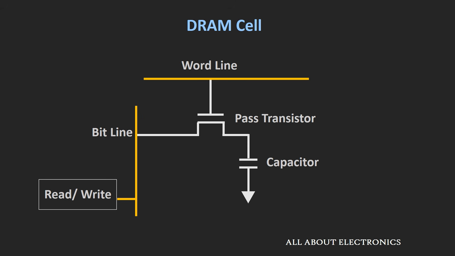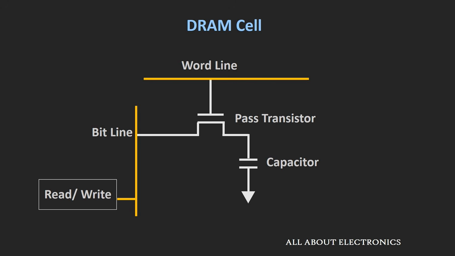One bit of the DRAM cell consists of one transistor and one capacitor. In a DRAM cell, the memory bits are stored in the form of charge across the capacitor. By charging and discharging the capacitor, we can know whether the bit stored inside the capacitor is logic 1 or logic 0. We can access this capacitor by using this pass transistor. When the pass transistor is turned on, we can read the capacitor data or write onto the capacitor. And when the pass transistor is off, the charge across the capacitor should remain as it is. In the ideal case, this capacitor should not lose its charge.